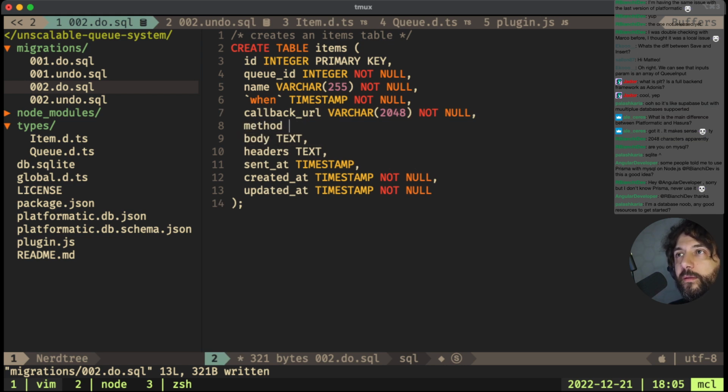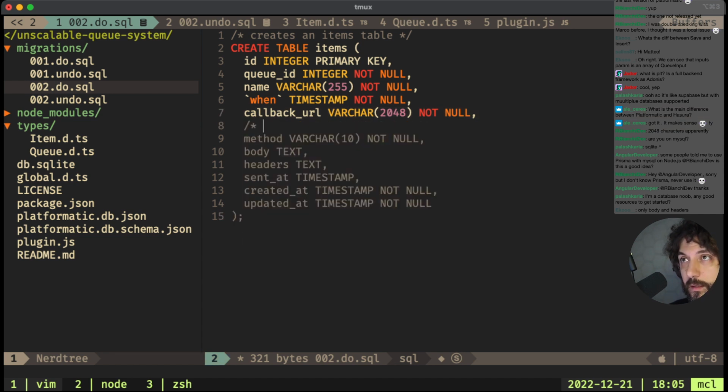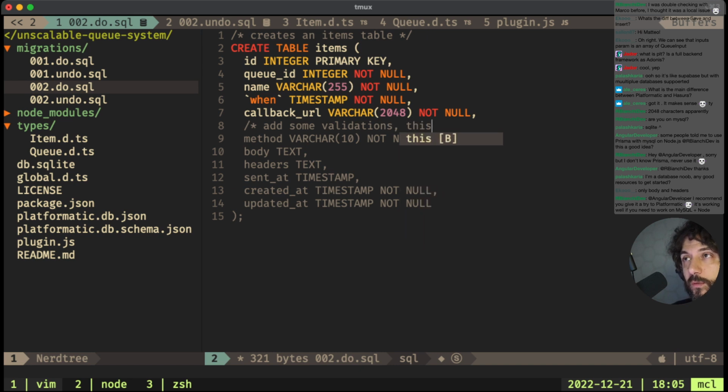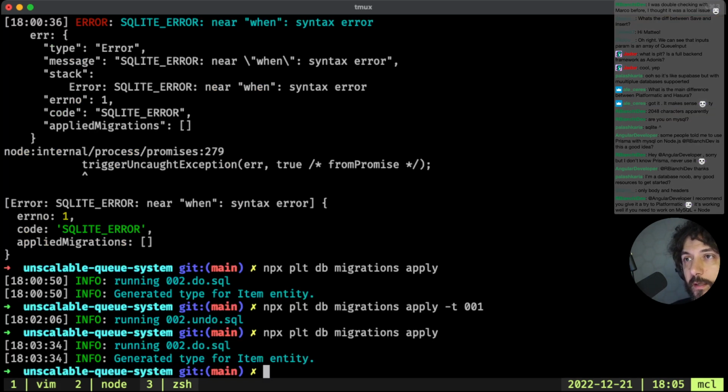Let's add a little bit of comments and some validations. This should be an enum. It should be a URL. And then the tags and headers should be good.